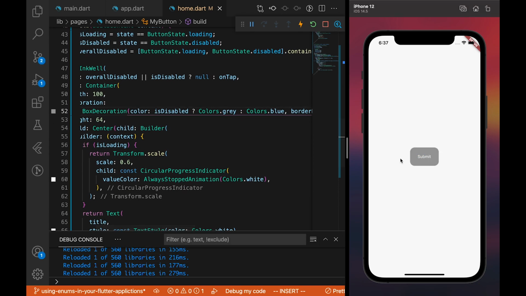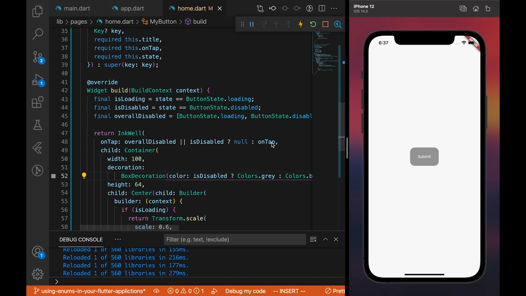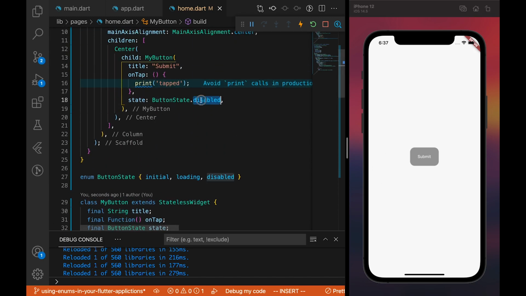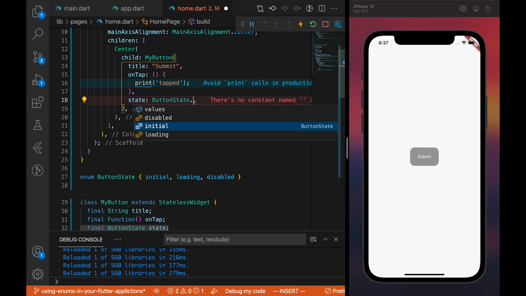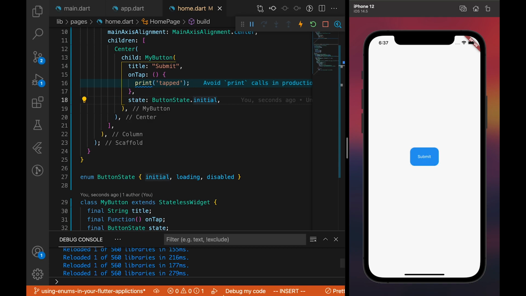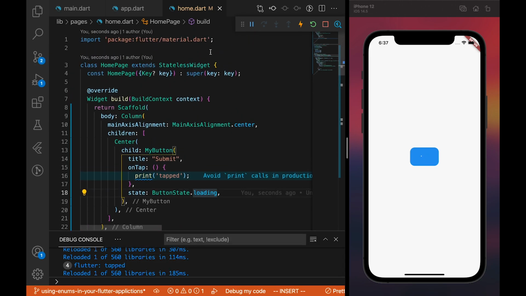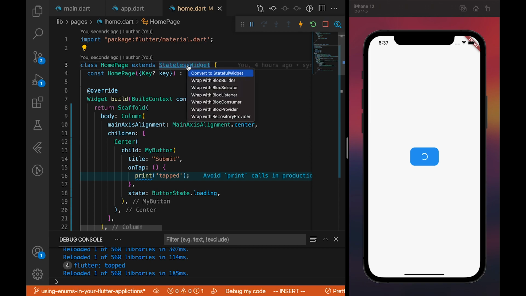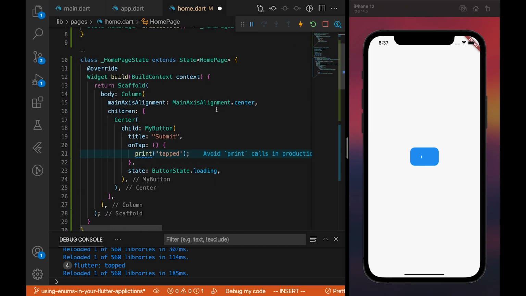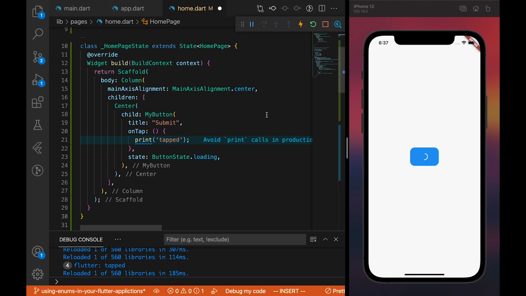So you can see that the button is disabled if you are actually a user seeing this. And if you change this to initial, you can see the initial, and if you tap on this, you get the print. If you change this to loading, you can actually see the loading. Okay, this is awesome. So let's change this to a stateful widget and see if we can actually make this